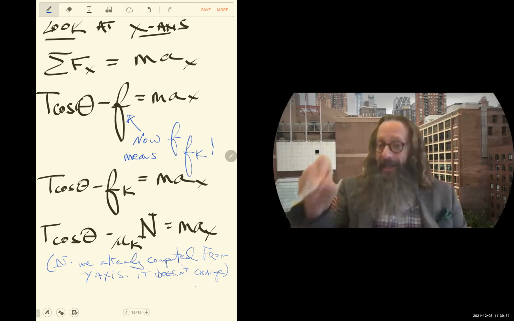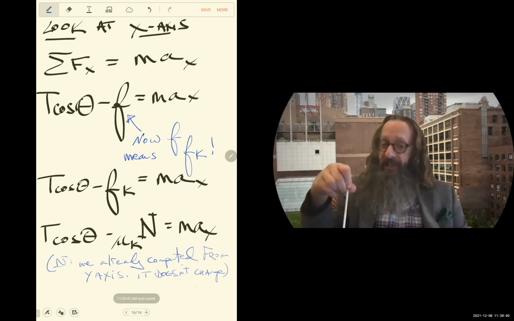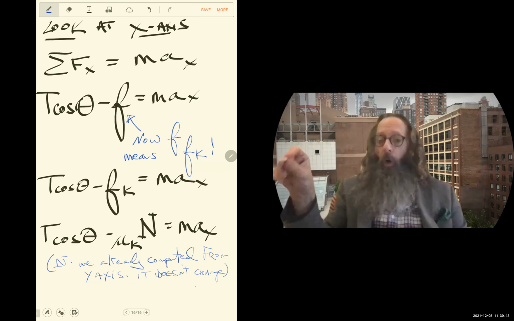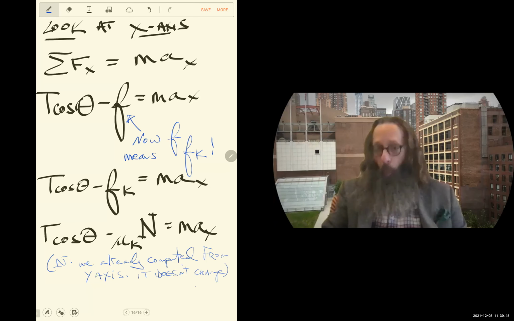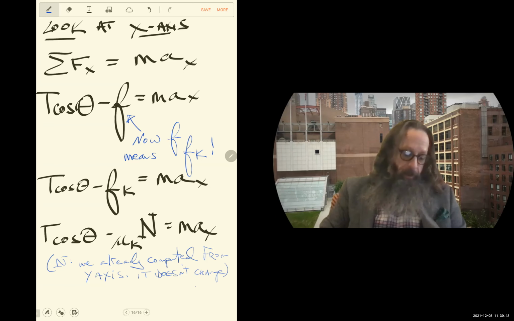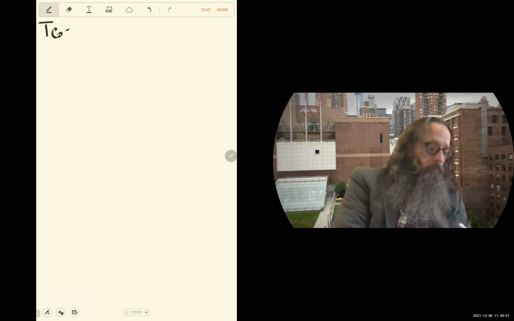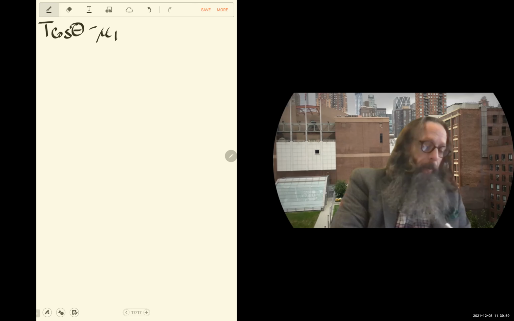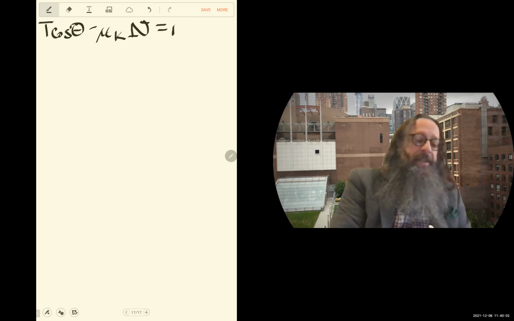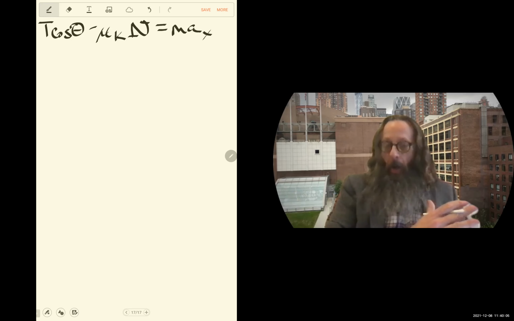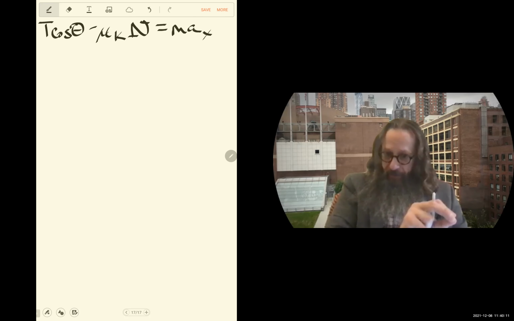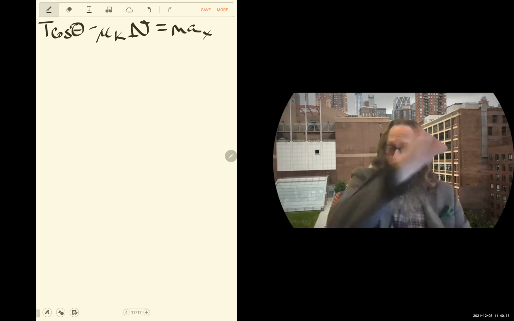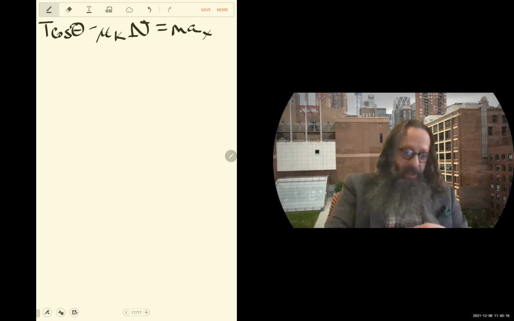Friction kinetic is mu kinetic times the normal, and friction static maximum equals coefficient static times the one and only normal. Okay, so I'm just going to go to the next page and recopy. This is the exact statement I had pages and pages ago about the x-axis when we were looking at static friction. The details of static friction were different and the details of kinetic friction are different, but the overall statement is the same.